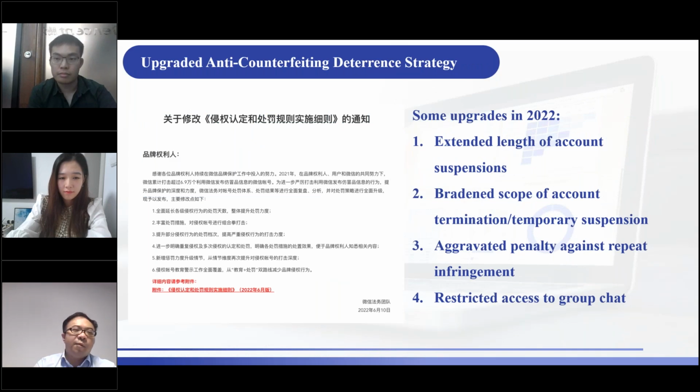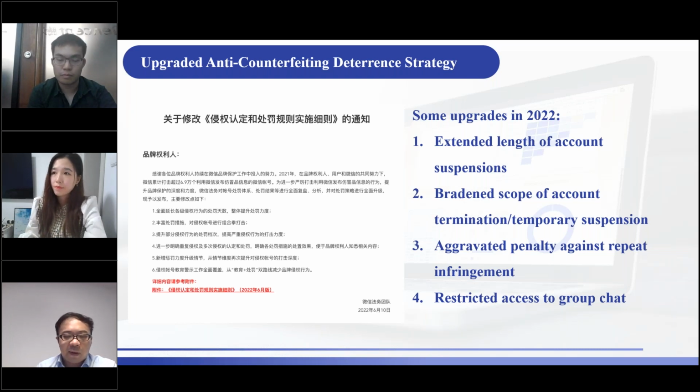Last but not least, we want to mention the upgraded anti-counterfeiting deterrence strategy. We have some upgrades this year. The first one is the extended length of account suspensions. Essentially, we have doubled the maximum length of account restriction we impose for most types of infringement. For instance, Weixin may now suspend a personal account found to be posting counterfeit product information anywhere from 50 to 500 days, while further restricting the infringing user from using the Moments feature for a minimum of 500 days and up to 1,000 days, which can be quite a tough